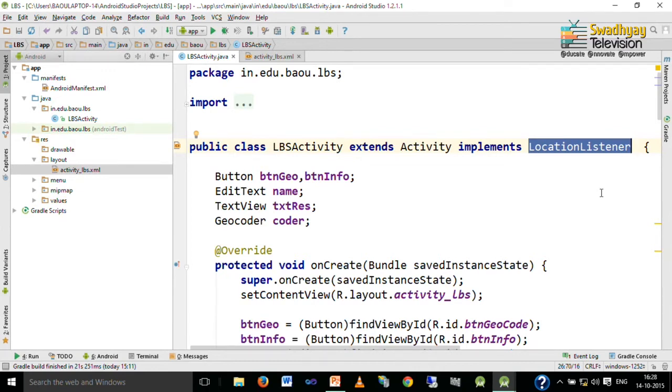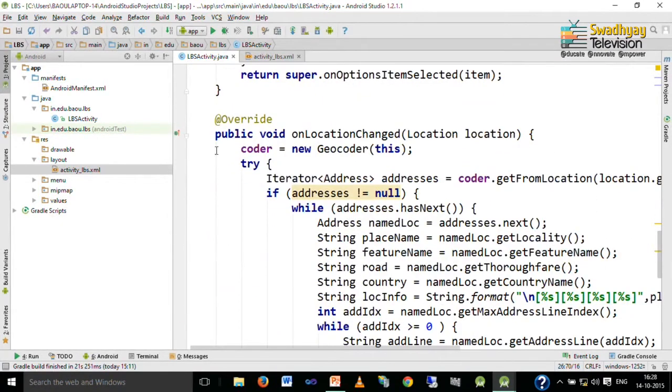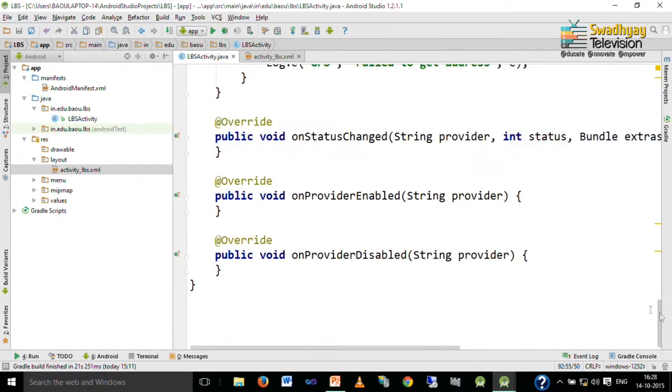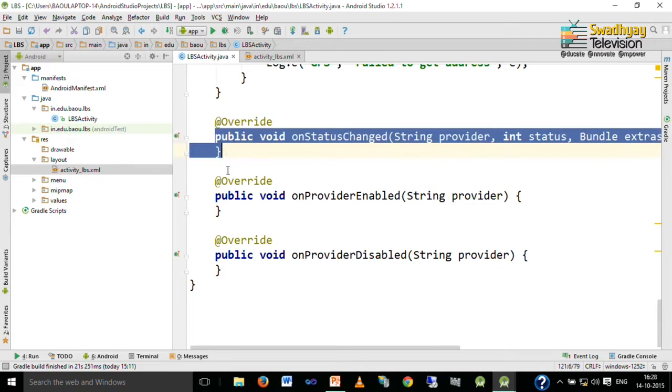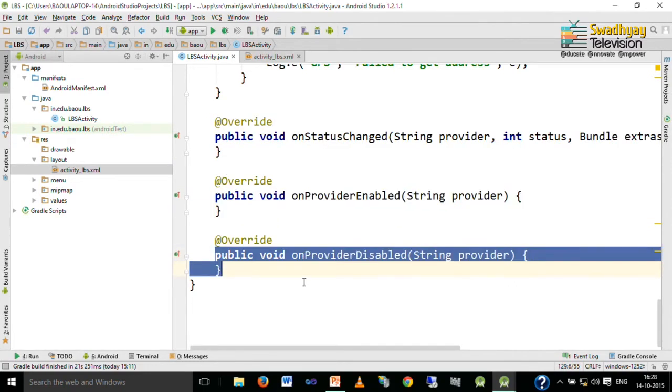So, your activity must implement a location listener, and you have to implement its methods: the first is onLocationChanged, another is onStatusChanged, third is onProviderEnabled, and last is onProviderDisabled. So, you have to write these 4 methods to implement the location listener.